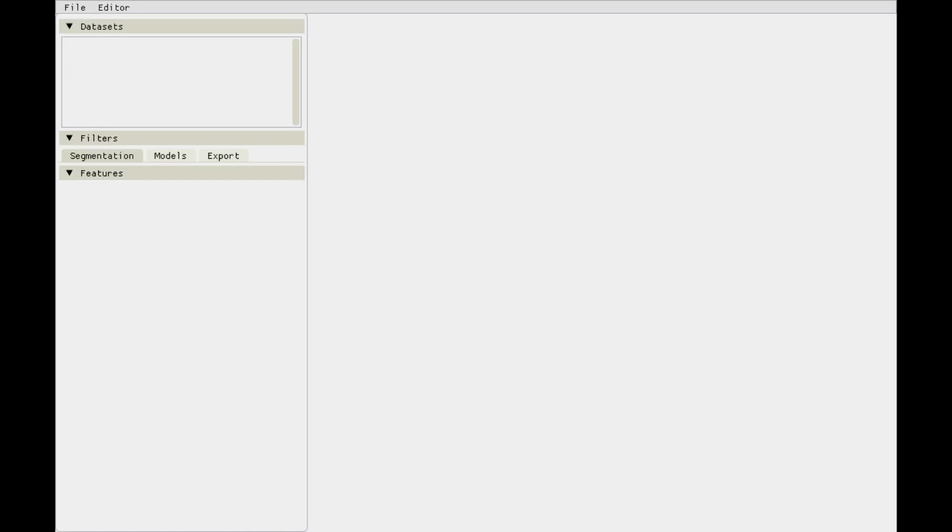Hello and welcome to a tutorial on using SC segmentation for tomogram segmentation. This is the software as it looks when you first open it up, and I'll briefly run you through the user interface and then show you how to do manual annotation and then training of neural networks and then exporting